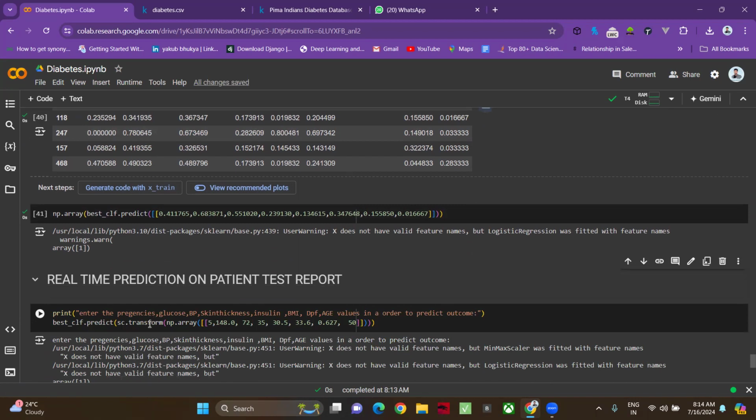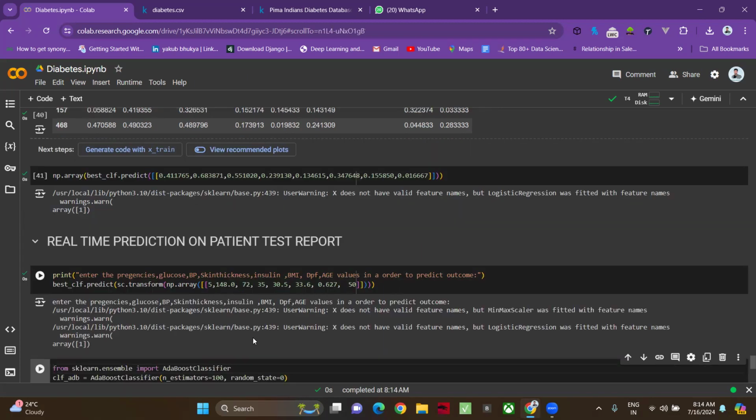For that, initially we have to transform the data. So the number of pregnancies will be 5, the glucose level is 148, the insulin level is 72, BMI is 35. Like that, we can give all the parameters and check what could be the category of this person. Okay, in this way, if we give it, it is giving output like 1. Means if the user have